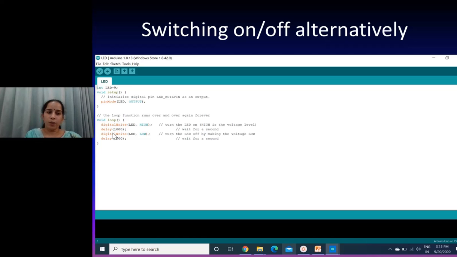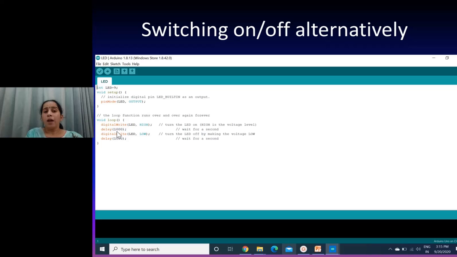After 1 second, again digitalWrite LED LOW. The LED will be switched off, and again a delay of 1 second is put up. That means these 4 instructions will keep on executing. This loop will be executing indefinitely, right? So this is a simple code to switch an LED on or off.